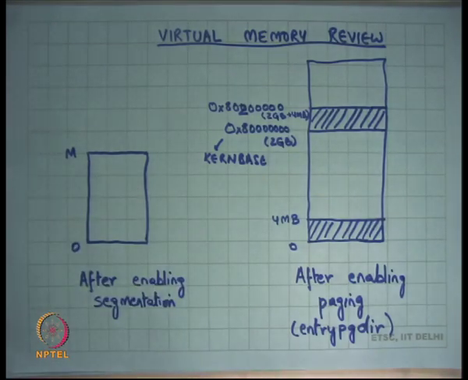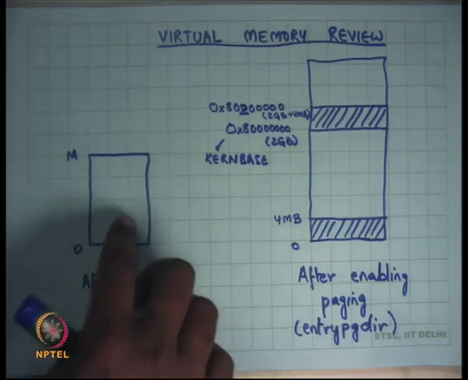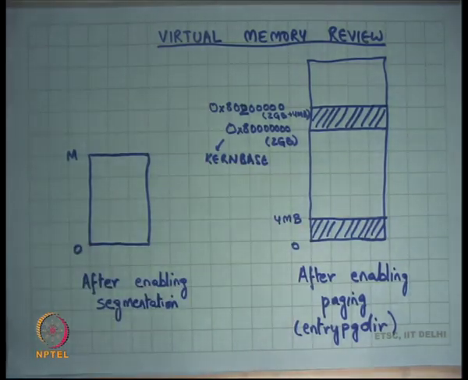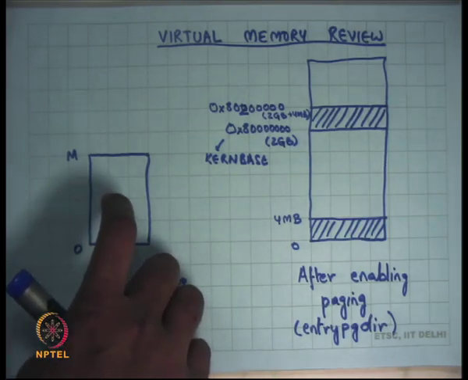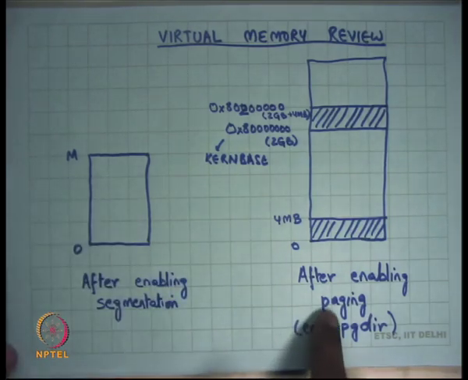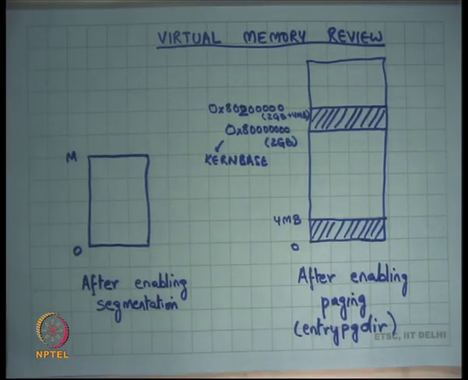So these instructions have to be very careful, they shouldn't be dereferencing any kernel symbol, because all kernel symbols have addresses above 2 GB, right? The moment it dereferences a kernel symbol, I'll get an exception. It's not legal in this address space. So the first thing the entry.S file does is change this address space by enabling paging, and it uses a page directory called entry page directory.